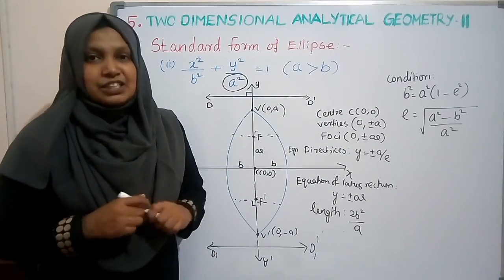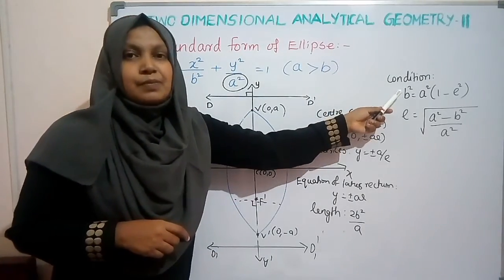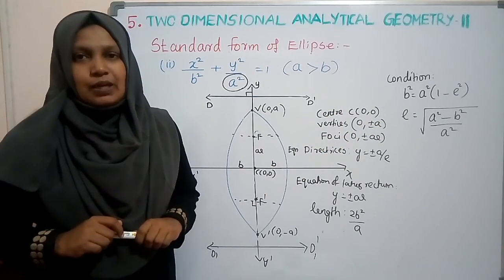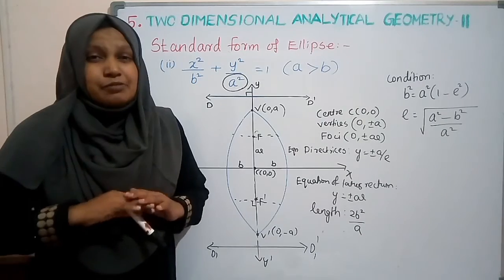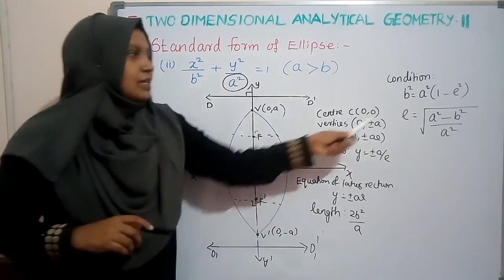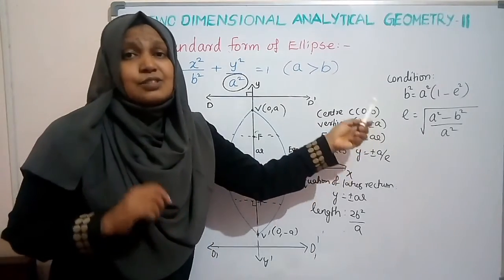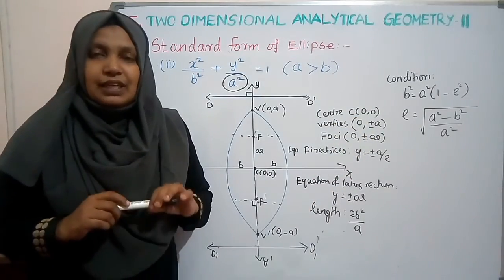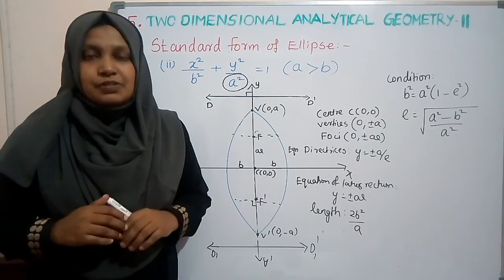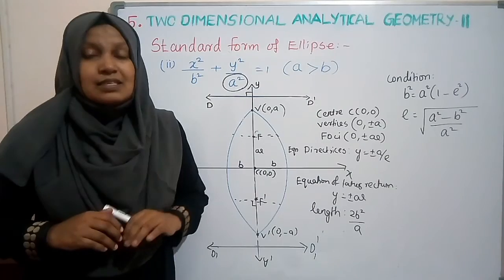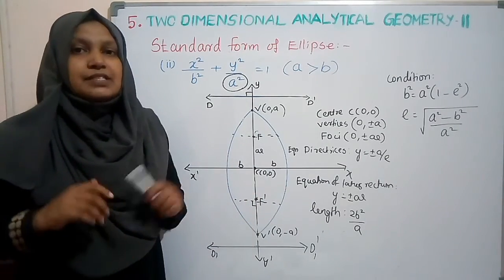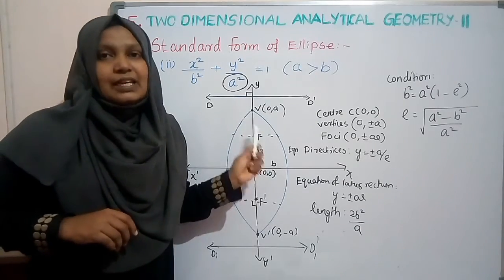And we have the condition for the ellipse. It is also the same as the first one: b square is equal to a square into 1 minus e square. So the eccentricity is also the same for both forms. The first form and second form have the same eccentricity. Since it has no x and y in this equation, we can take the same eccentricity formula for both forms of ellipse. The first one is the major axis along the x-axis. Now the second form of ellipse is the major axis along the y-axis.